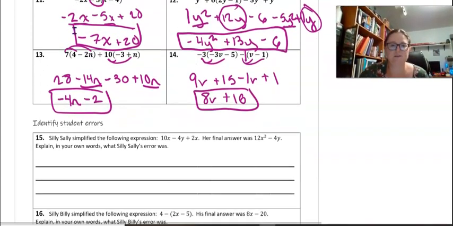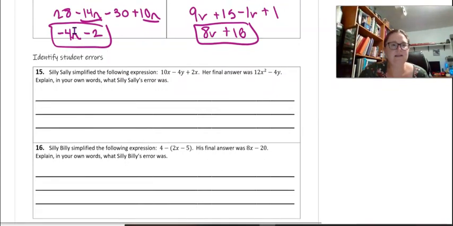That's the whole point of this video. And then the last two are Silly Sally and Silly Billy problems. So with these, I think we talked about this in class. The goal is to identify the error. So you're not necessarily going to be just telling me the correct answer. I mean, I do want to know the correct answer, but I also want you to point out specifically what